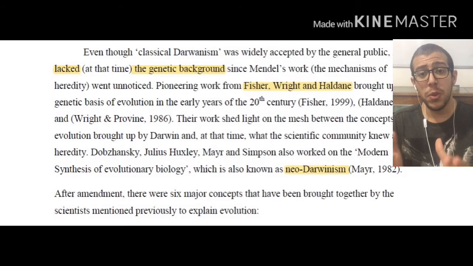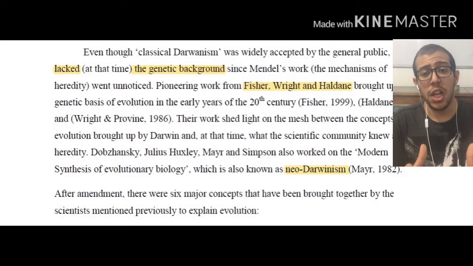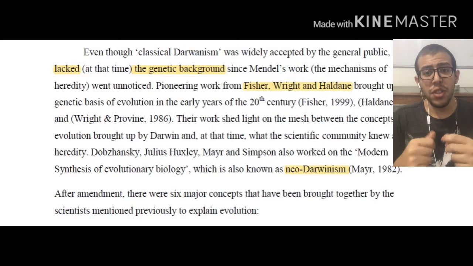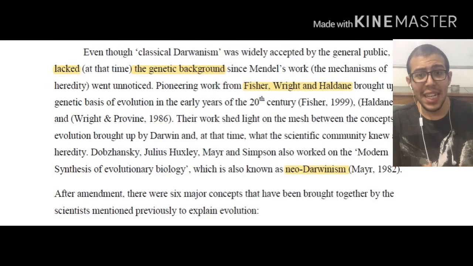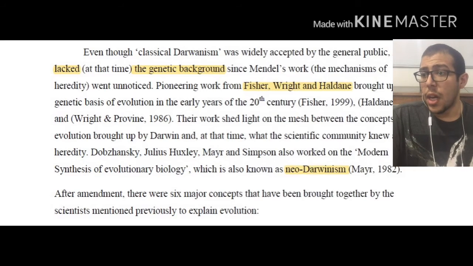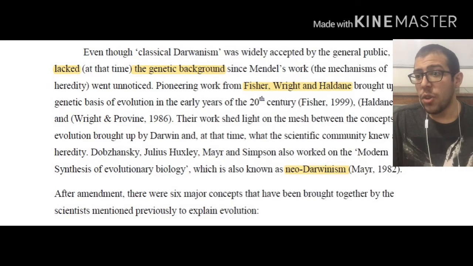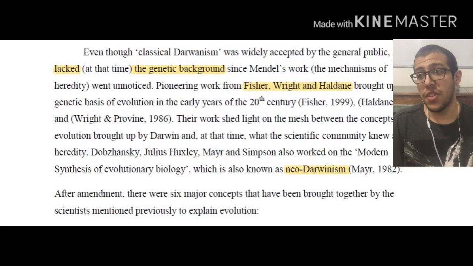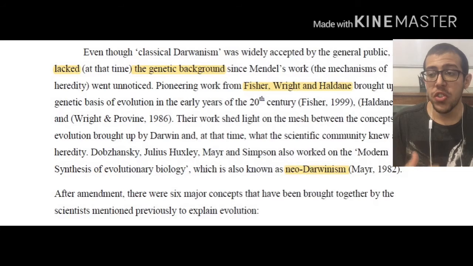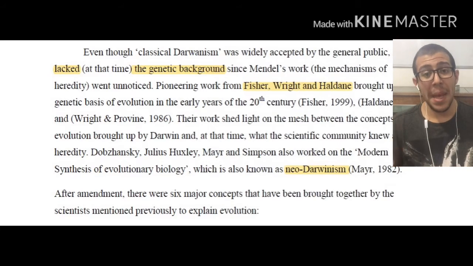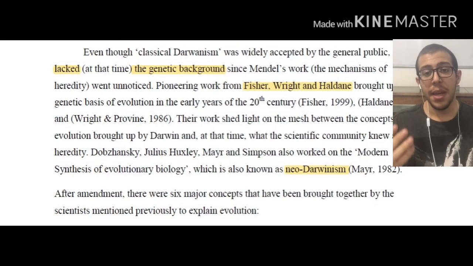Basically, meshing between these two concepts refined the concept of evolution, allowed us to understand even more some of the intricate details that were not very clear at the time with regards to Darwin's work alone. Now, Dobzhansky, Julian Huxley, Mayr, and Simpson also worked on the modern synthesis of evolutionary biology, which is also known as Neo-Darwinism. So basically, this mesh of work by many brilliant scientists has refined the theory of evolution, and